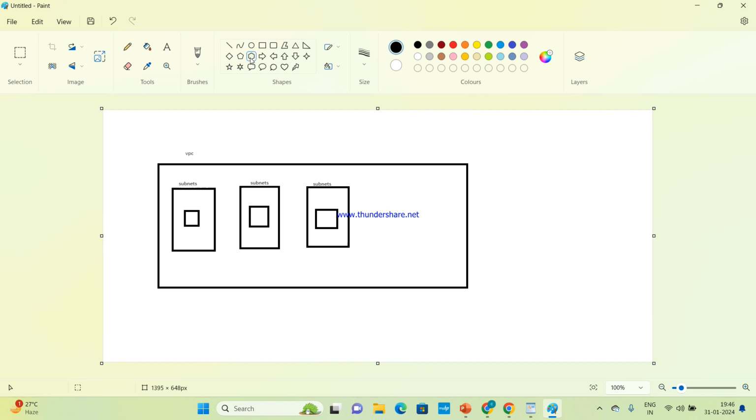Clear? Okay. So now, what is the internet gateway? This is the internet gateway. This is the NAT gateway.